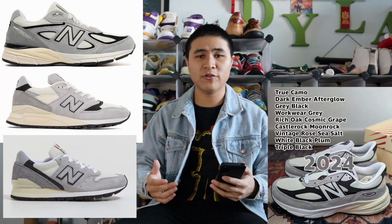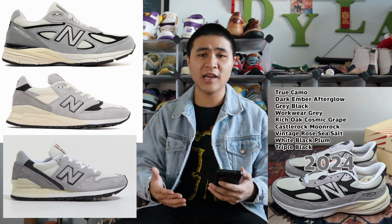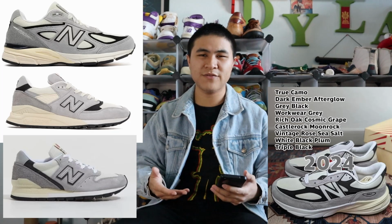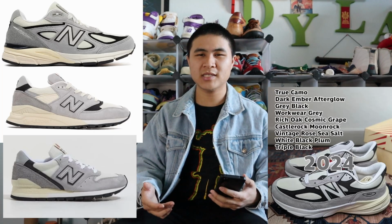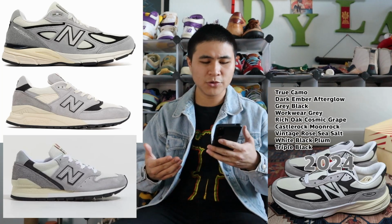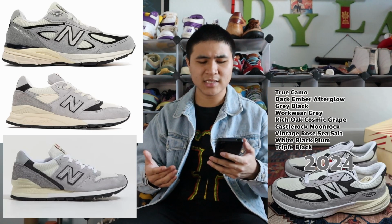And next up we got a reveal as well as a small confirmation that these Teddy Santis pairs are actually going to be the first wave of Teddy Santis Season 5, even though they kind of released already earlier during Season 4. I don't really know how they released earlier. I wouldn't even call them an early unscheduled release, like some official retailers got them, but regardless, these neutral tone pairs, the colorways I'm talking about are the 990 V6, the V4, and I think the 996 as well